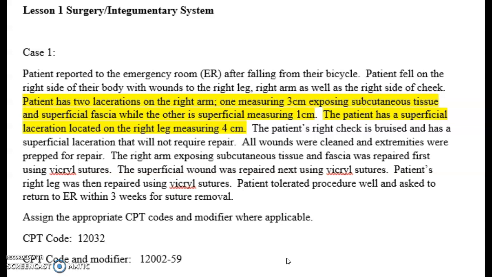Because we have wounds that are of the same type, so we have 2 simple repairs, our guidelines also tell us that when multiple wounds are repaired, add together the lengths of those in the same classification. So if we have 2 simples, we can add those together as long as they're extremities. Like you couldn't add a repair of the face and then add a repair of the leg. It would have to be of the same